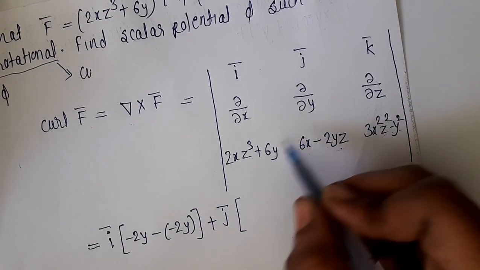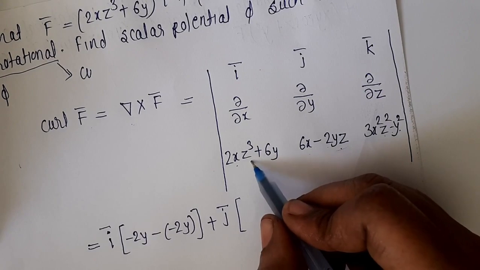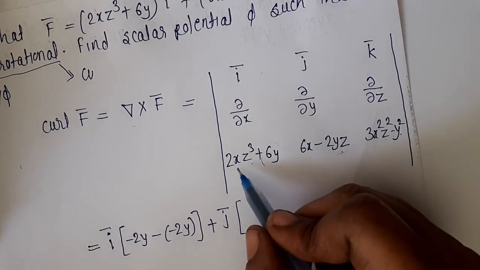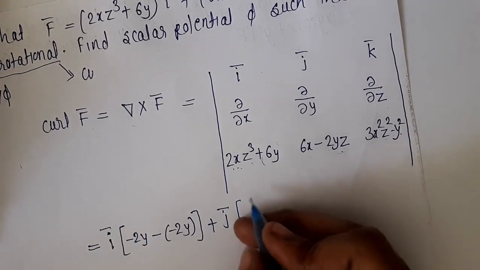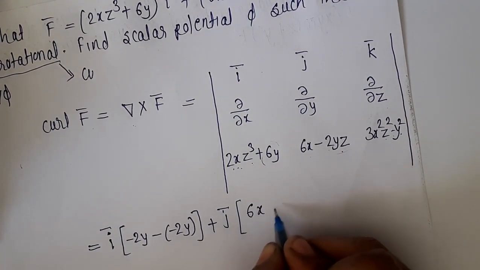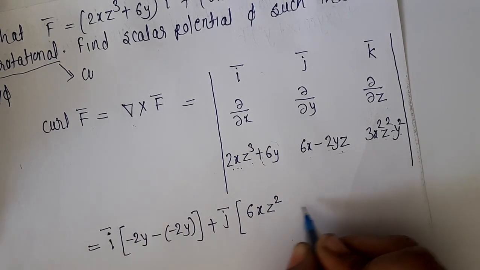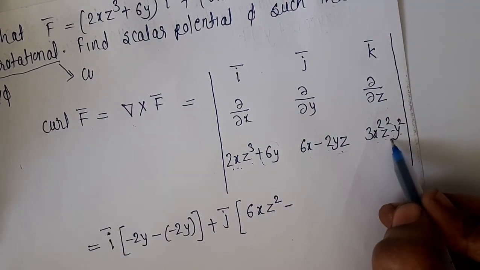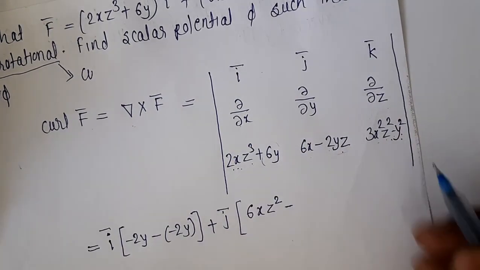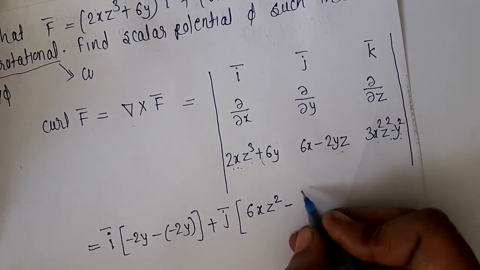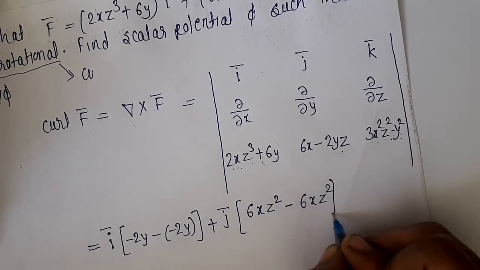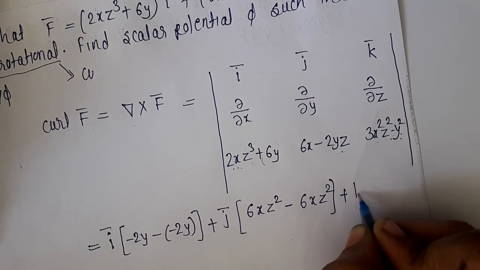so we have to consider first del by del z of 2xz³ + 6y. The derivative of 6y becomes 0 with respect to z. The derivative of 2xz³ becomes 6xz², minus the derivative of 3x²z² − y² with respect to x. Again the derivative of x² is 2x, so it becomes 6xz², plus k times